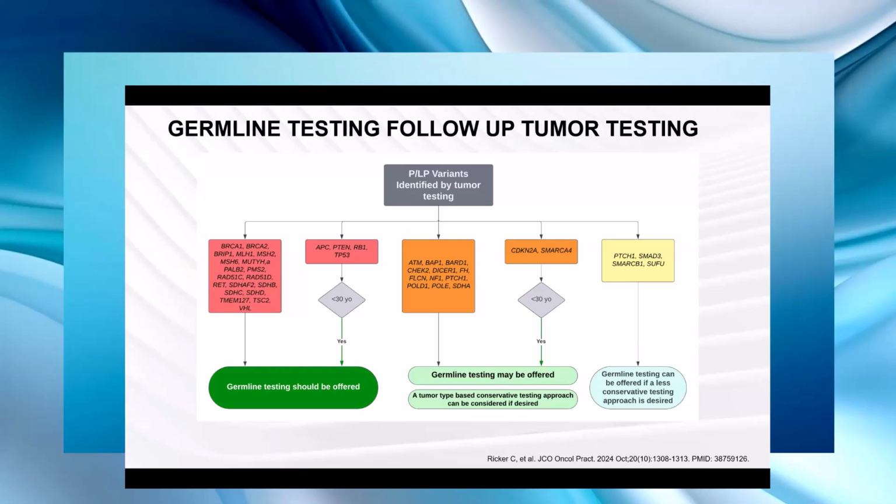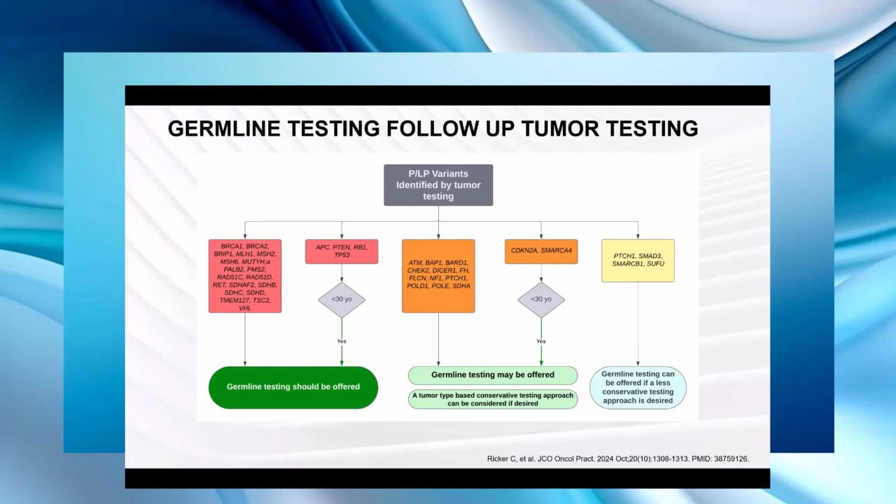So this algorithm here is adapted from Table 2, but also from a subsequent publication by Ricker et al. in 2024 to try to simplify the details a little bit further. But when I say hybrid, what I'm really pointing out here is that this permissive approach indicates that any patient who has a pathogenic or likely pathogenic variant identified by the tumor testing should have follow-up germline testing for this subset of genes here grouped in the red